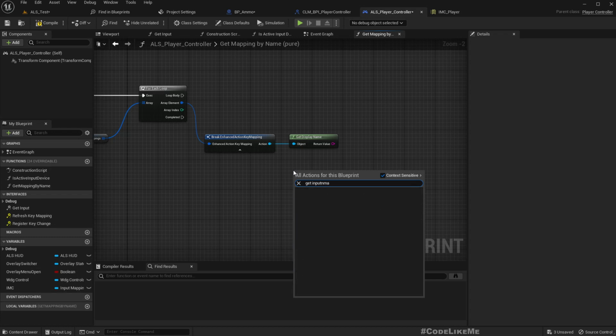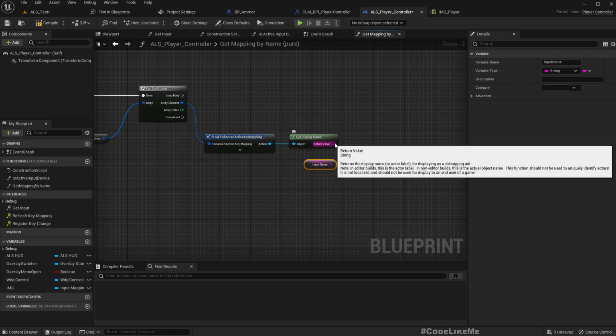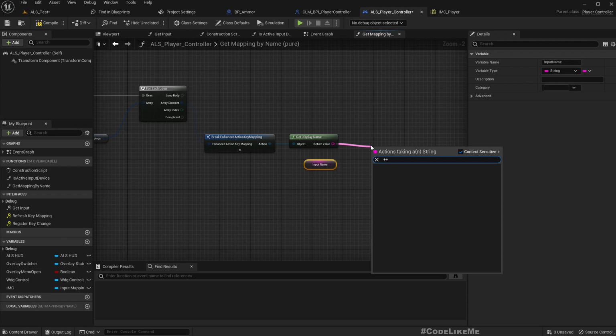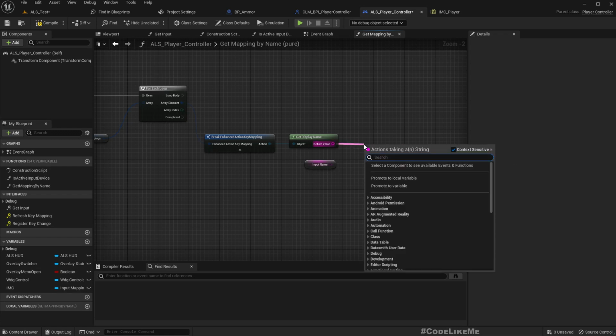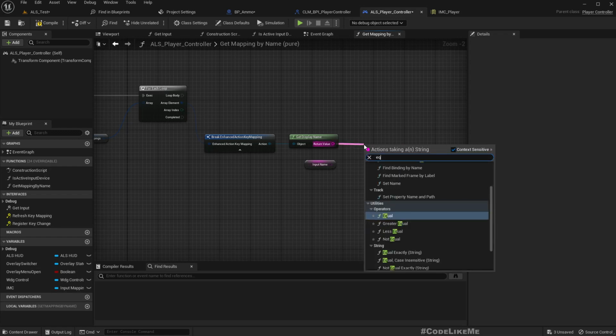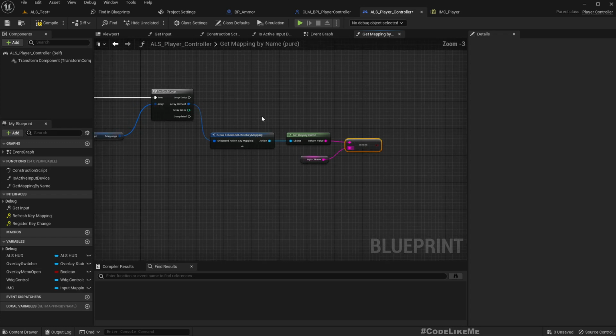Get input name, and check if these two are equal. Well, exactly. With this one,